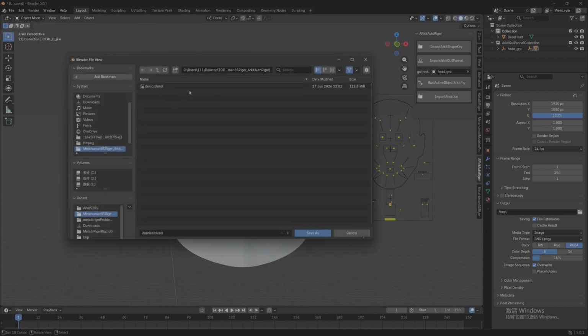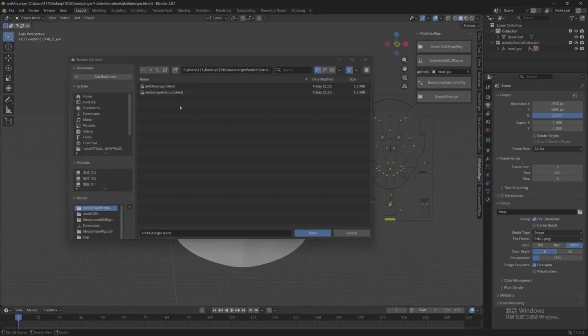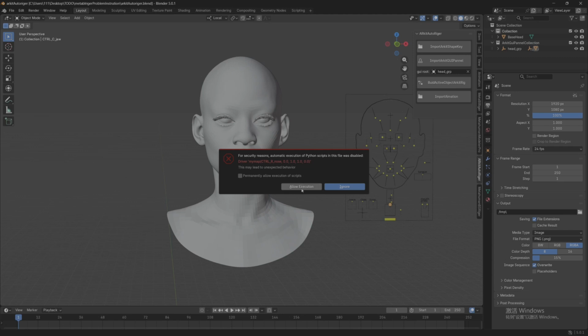For example, we are here, right? Good. Let's click Save. At this time, open the project just now. Okay, this will happen to him.